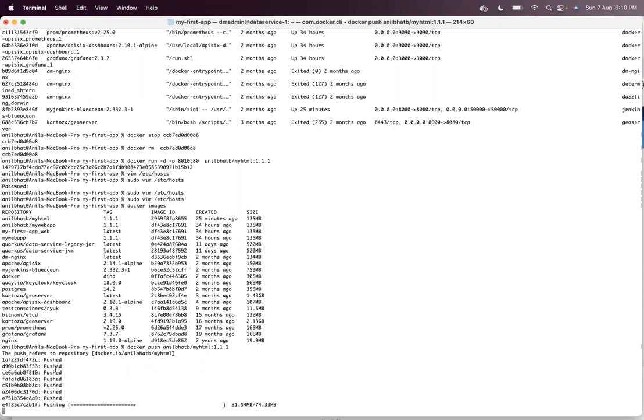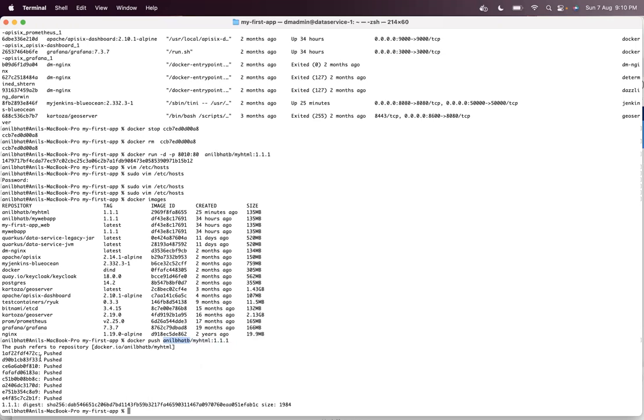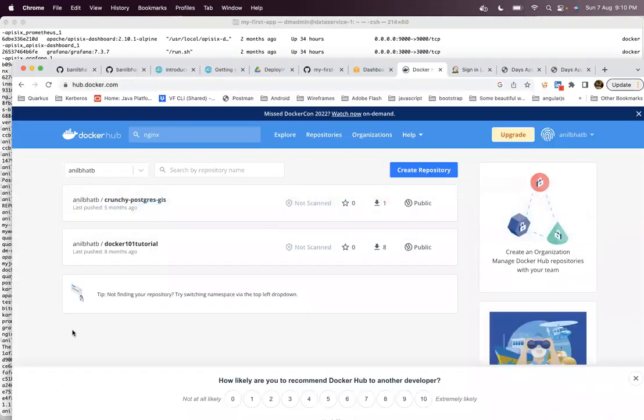So it has a total of 8 layers, and it is pushing all 8 layers as part of the push command. Once it is successfully done, you can see it pushed in my Docker Hub here.